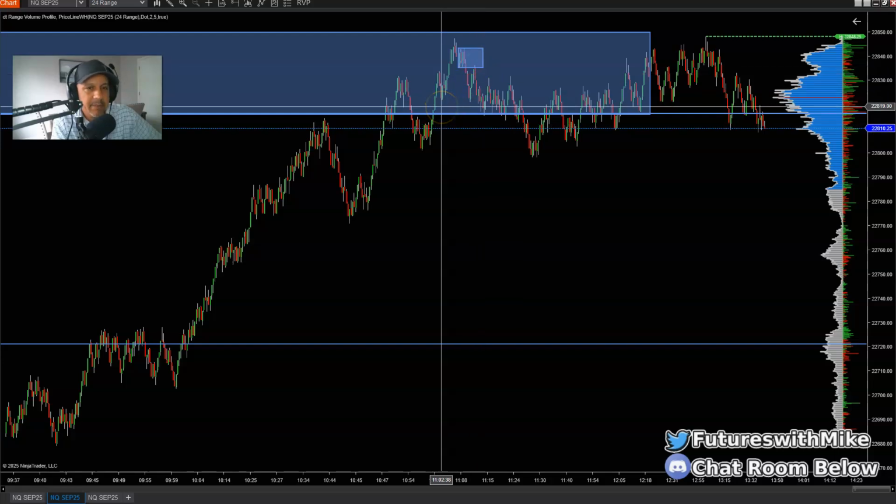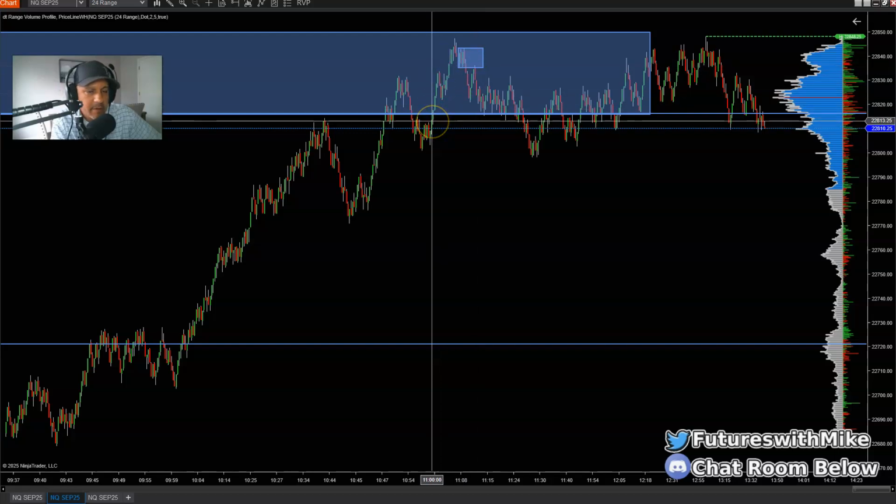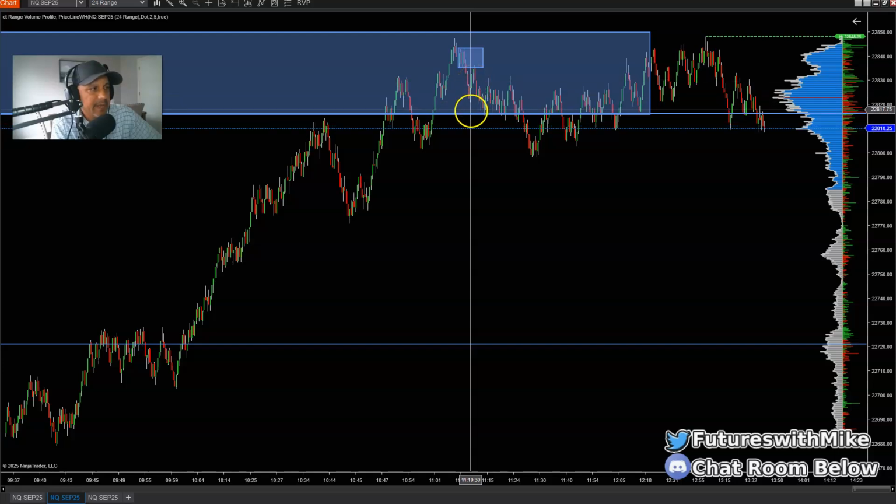We'll look to fill gaps coming lower. So once it taps the zone, look to your left to see what needs to be filled coming back lower and aim for that area. As you can see, if you got in here at 22,830, taking it back down to these gaps that need to be filled coming to the downside,